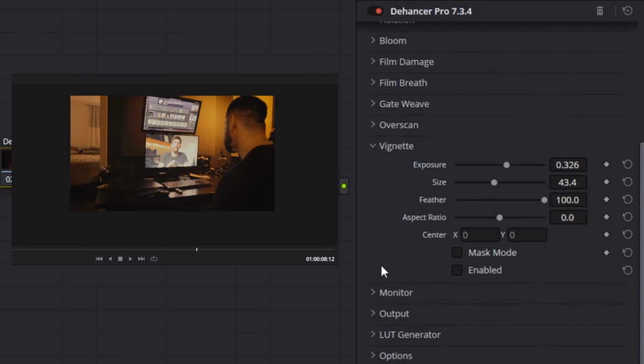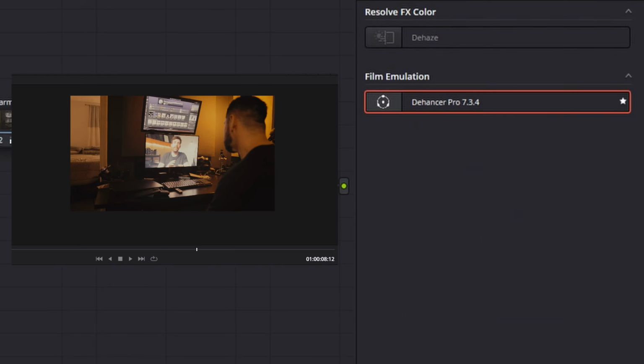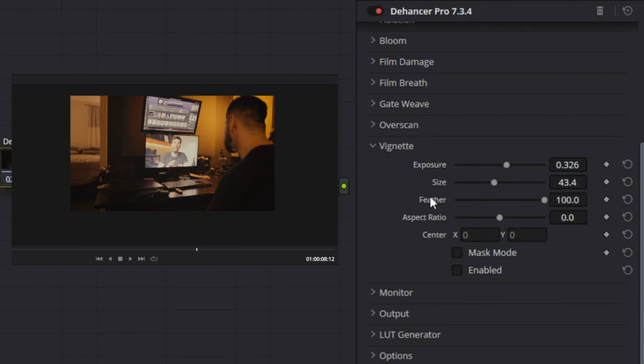But this would have made life much more simpler. You also have your vignette option, which is pretty straightforward as well. It just lets you darken your edges. I usually leave this off because not all my shots have the subject in frame, or at least centered. And so adding the same vignette across all frames wouldn't make sense unless you're shooting the exact same scene for all your clips. And I'll usually just set my vignette per clip, depending on what I want the